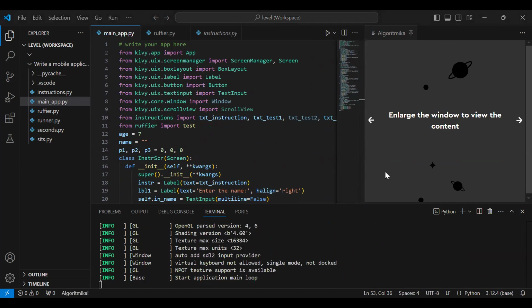Okay, maybe I will type my name, Paham, and then my age, for example 24. As you can see, it will show us the label for now, but it will not use a stopwatch this time. Measure your pulse for 15 seconds and write your result in the corresponding field. So we need to measure our pulse for 15 seconds.